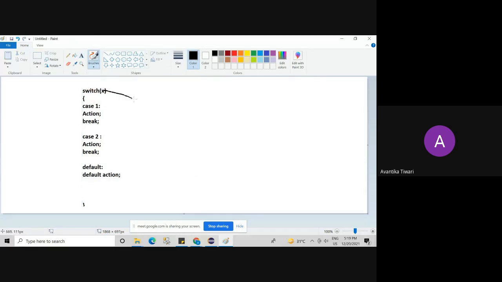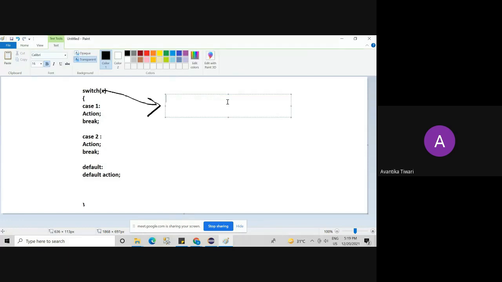Now the question that comes from the interviewer is, what is this X going to carry? What will it store? So how many primitive data types do we know? Quickly tell me. We know eight primitive data types. And out of those 8 primitive data types, this X variable can be byte or short or char, or it can be integer type.